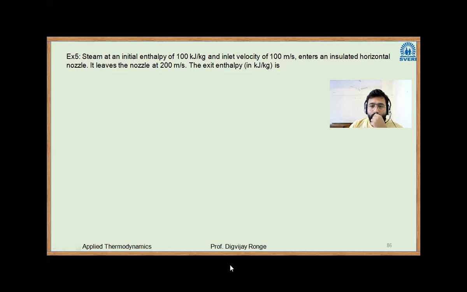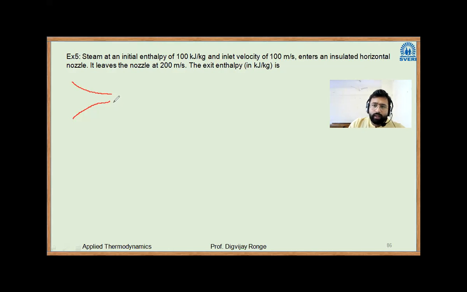So here, in the last example we had a turbine. Here we have a nozzle. So what does a nozzle actually look like? It will look something like this. In a nozzle, the cross-section area goes on decreasing. For nozzles we have various examples. In general, we have nozzles for water jets. In spacecraft applications, they also have nozzles at the bottom of the spacecraft. So nozzles have very wide applications.